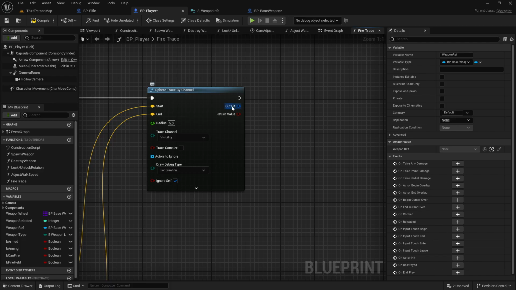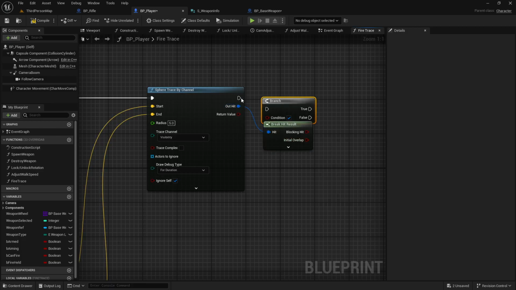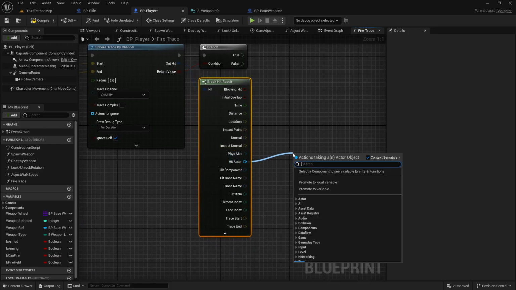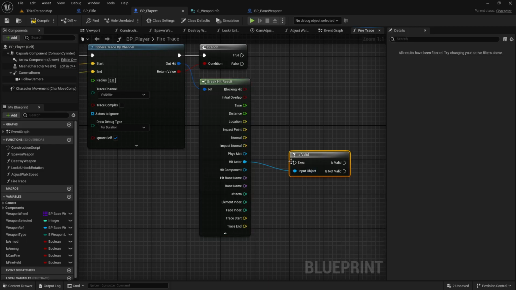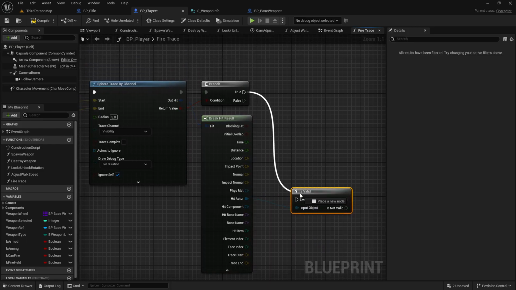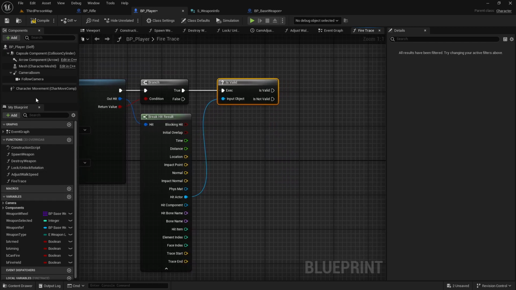So our sphere trace goes out, and if it hits something, we need to break the hit result. We'll add a branch, and then this connects to see if we hit something, and then if we did, we want to see if the hit actor is valid, because we don't want to register any damage on an invalid actor because it'll throw an error. So if it is valid, then we want to